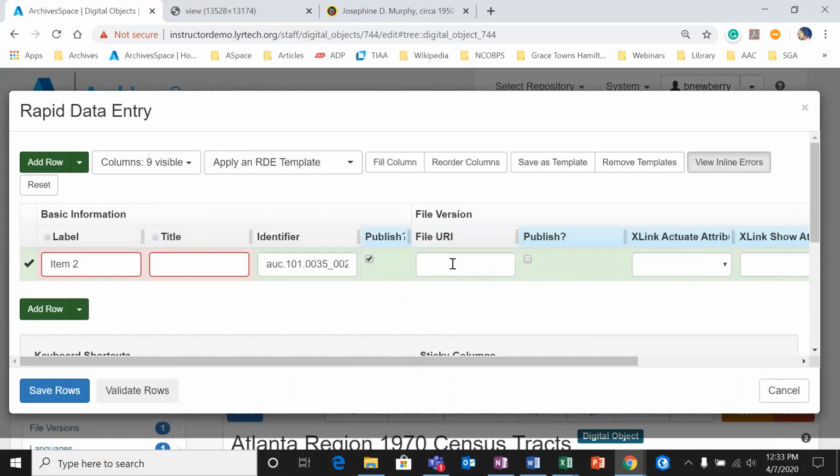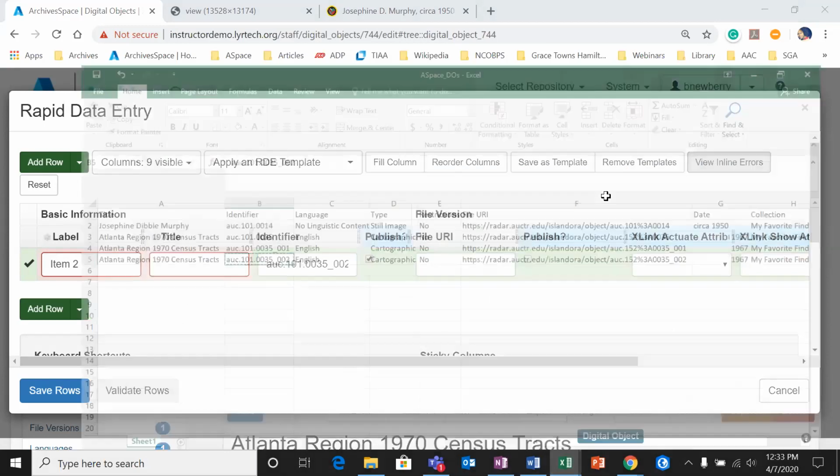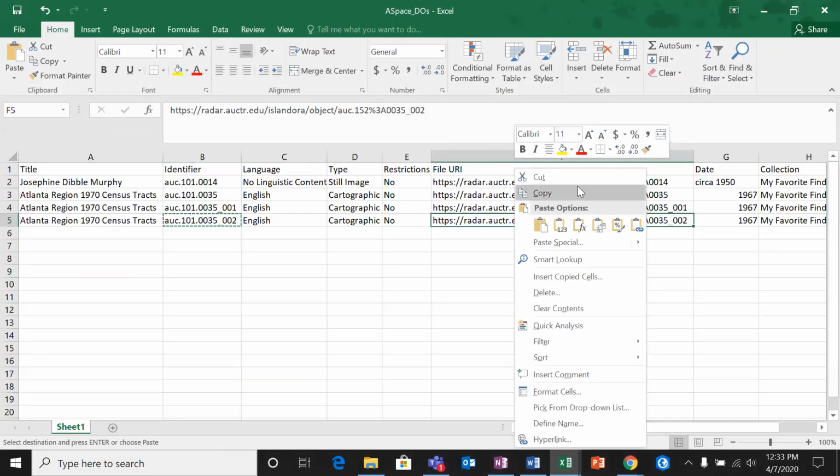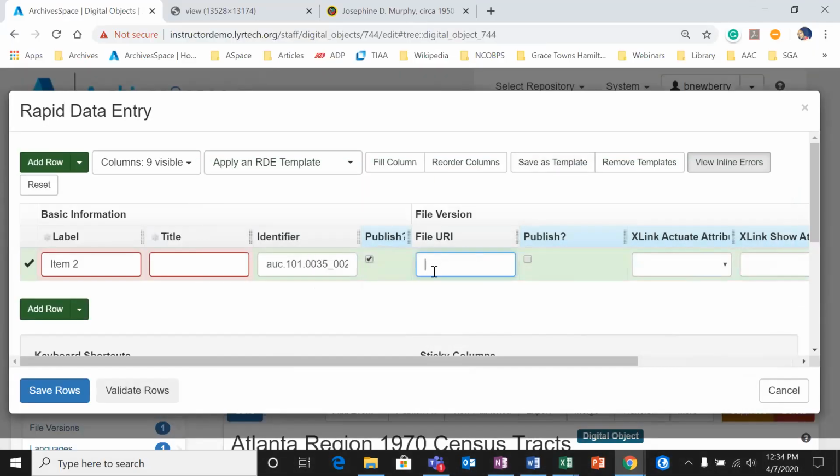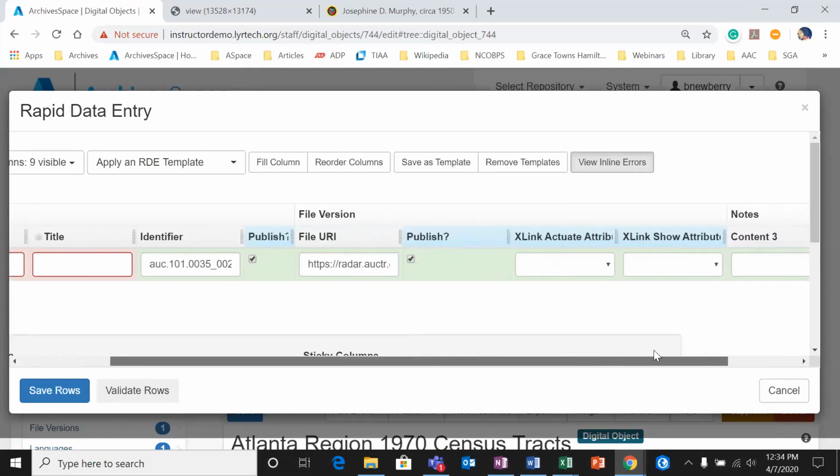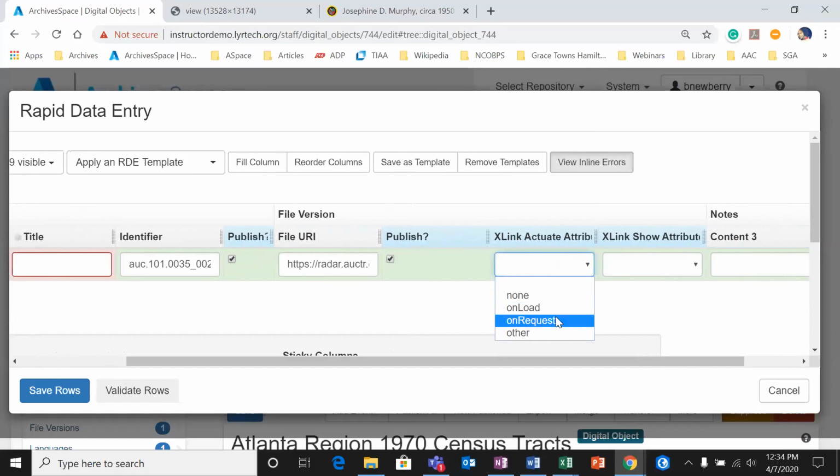We're going to say publish. We're going to add the file URL from our spreadsheet. Publish. We're going to choose our X-link attributes